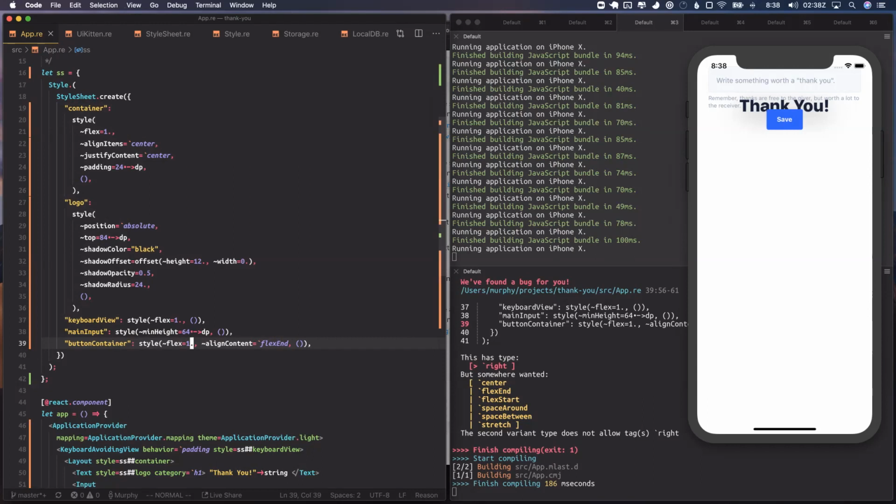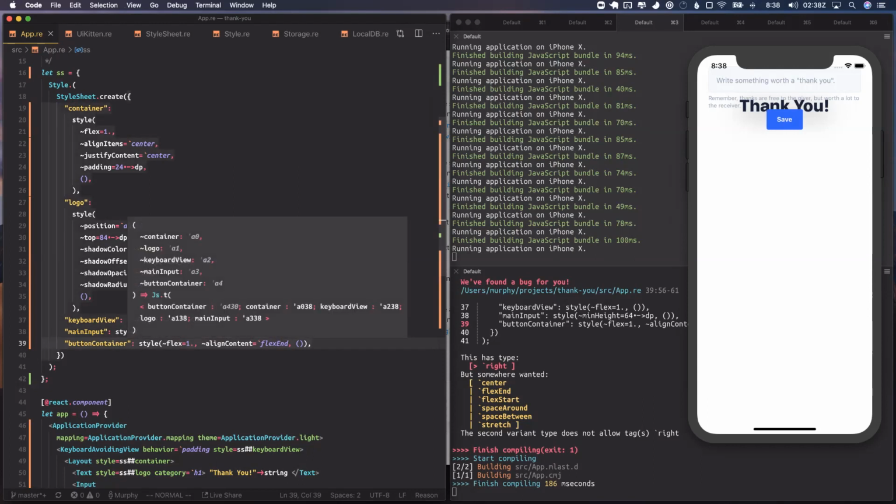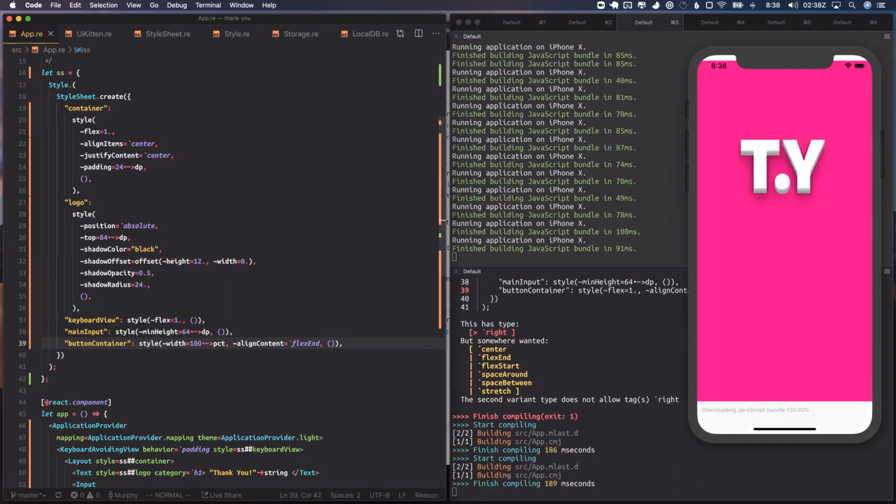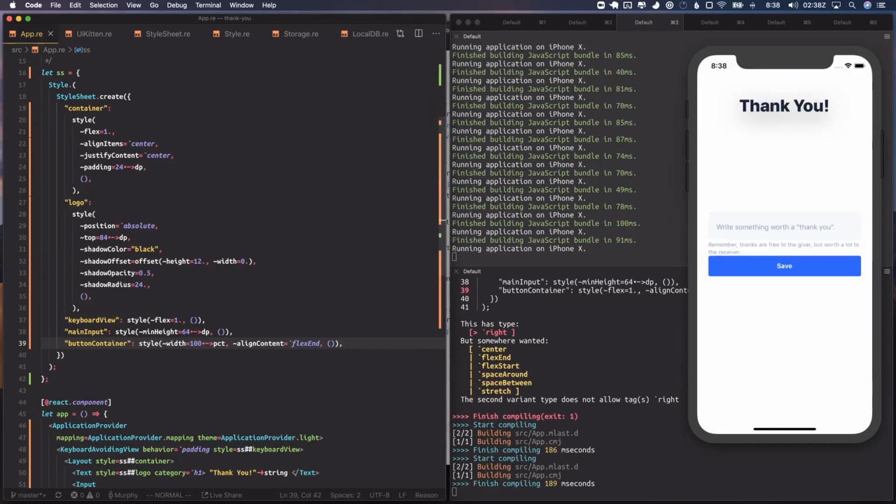Because it should be flex. I don't want it to actually flex all the way. I just want it to be width 100%, I think. So maybe we can do that this way. Width equals 100.pct. Because everything's got to be dot. Hey, so the button container is 100% width, but the button itself, alignContent flex end. So the button itself,